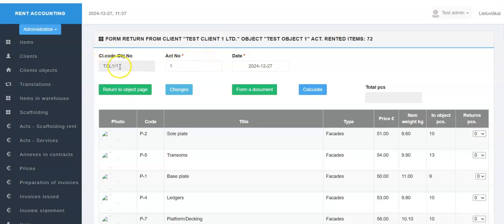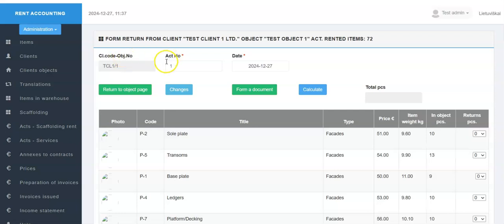In the client code object number field, the program enters the client code which is determined on the client data page and the serial number of the client object in the client object list, which the program calculates and assigns to the object when adding the data of that object to the database. This field is for informational purposes only. The data in it cannot be changed.